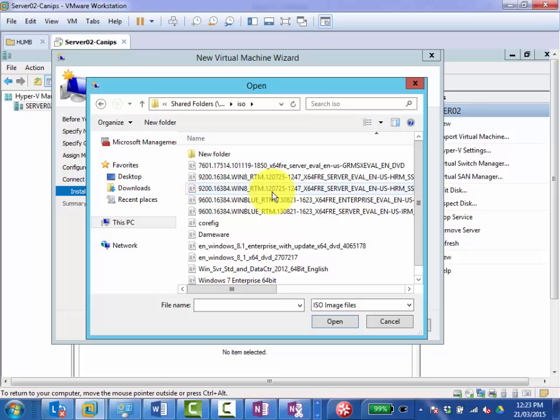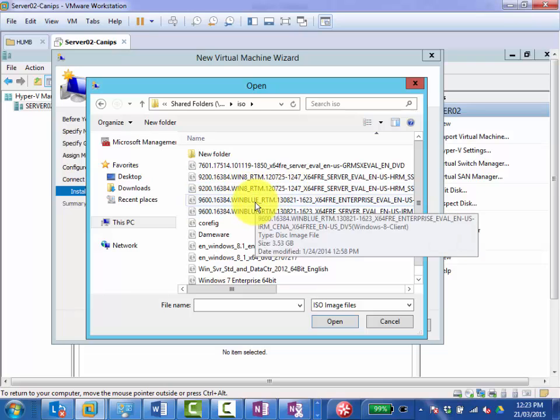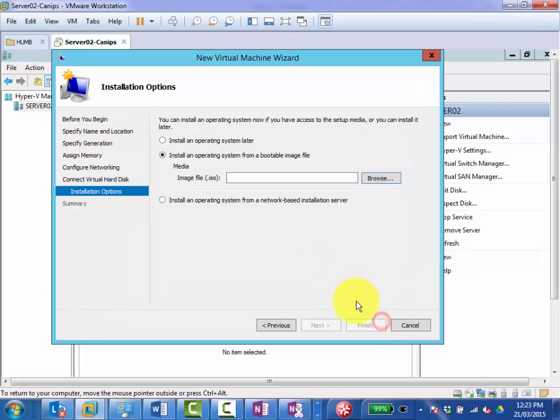If not, then copy paste the ISO inside the C drive of your server 2. But this is the easiest way to do it, if you have VMware tools installed, and you can go this way. Otherwise, copy paste inside C drive. Cancel. So keep this window open where we are putting the ISO of the install, this new virtual